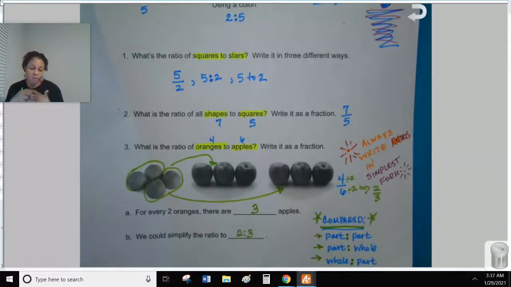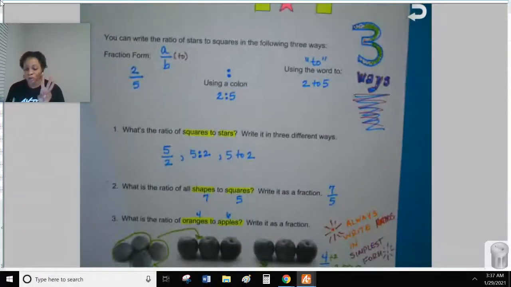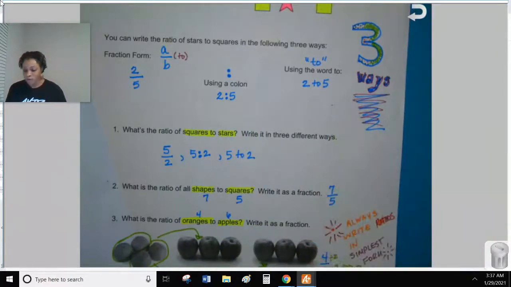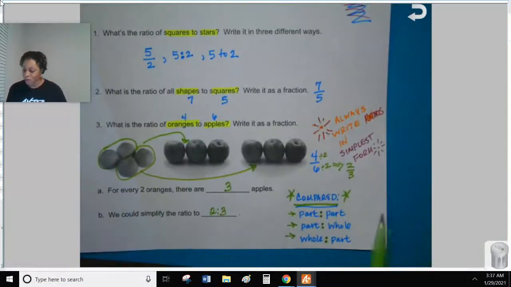So let's see the important things to remember. One, there are three ways you can write a ratio: in fractional form, with a colon, and with the word "to." There are also three ways to compare a ratio: part to part, part to whole, whole to part. We also want to remember to always write ratios in simplest form. Simplify your ratios. Okay? We want to remember that the first word matches the first number. The order matters. So let's go back to our intro, our scavenger hunt, and put some of these to the test